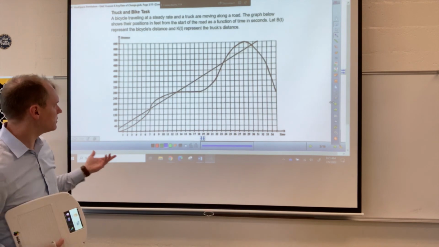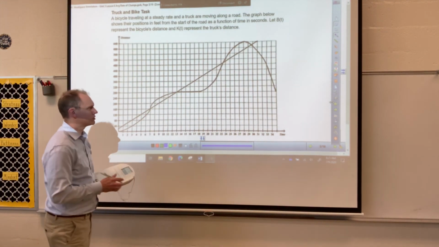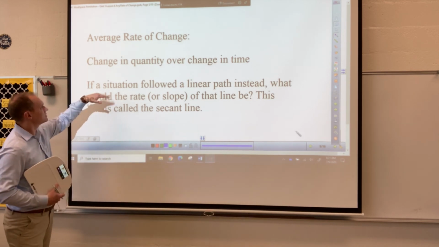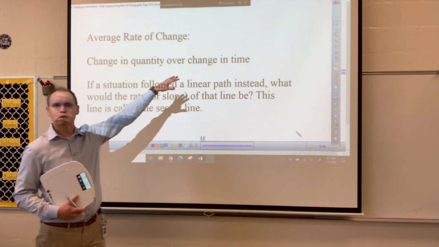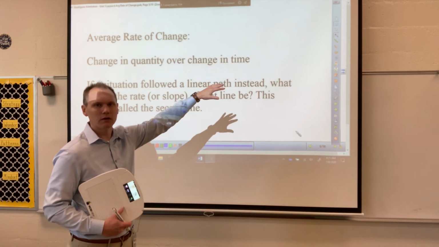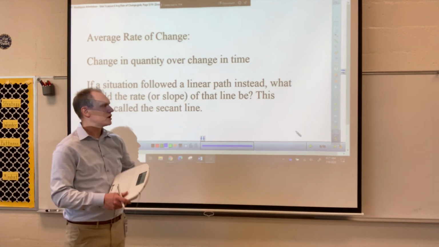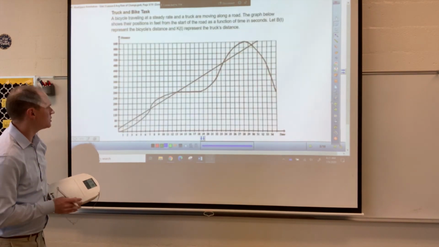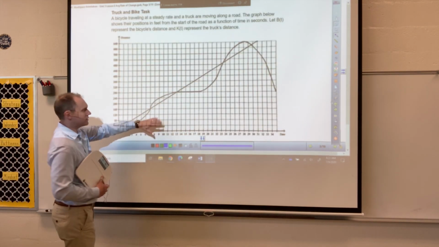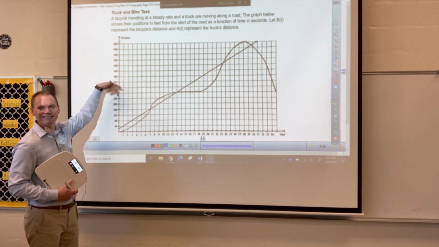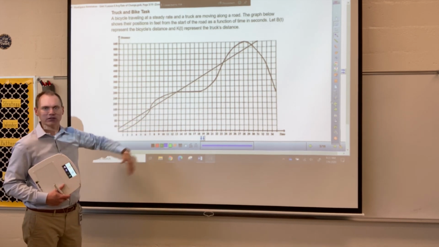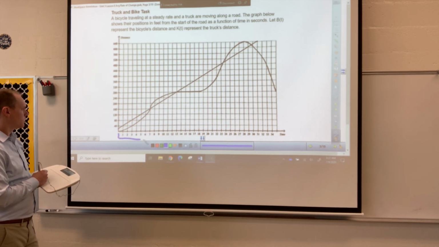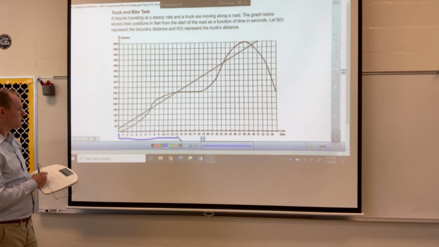Okay, so let's kind of think about what average rate of change is. So let me go back to here. Average rate of change is the change in quantity over change in time. So let's use that part of the definition first. We'll come back to the other one later. So in this case, we're talking about change in distance over change in time. So if we go from 0 to 13 seconds,